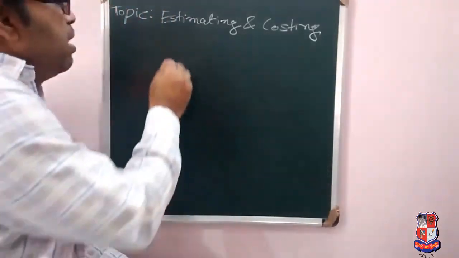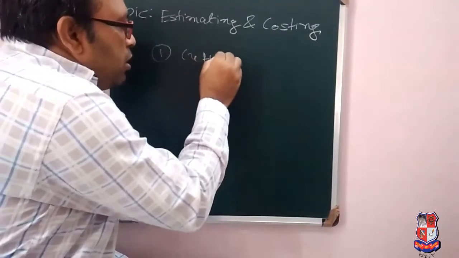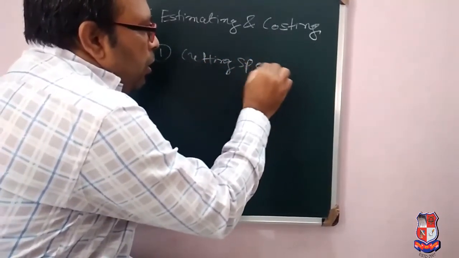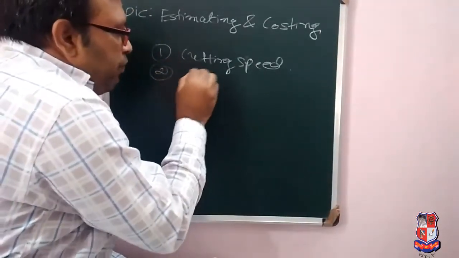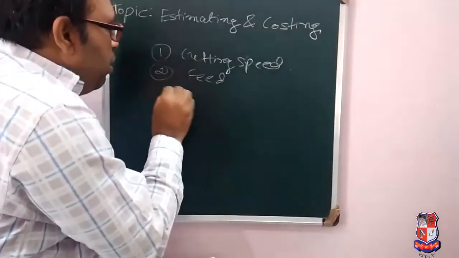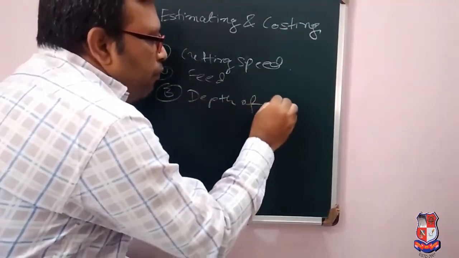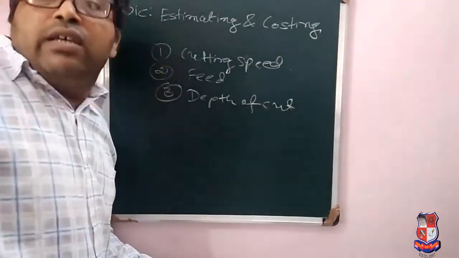For that we need 3 data: first is cutting speed, second is feed, and third one is depth of cut. So we need 3 data